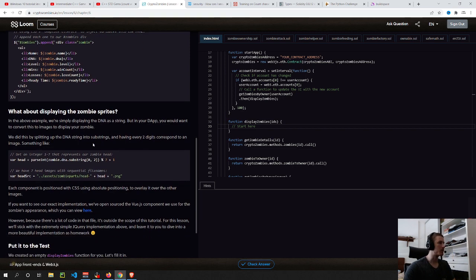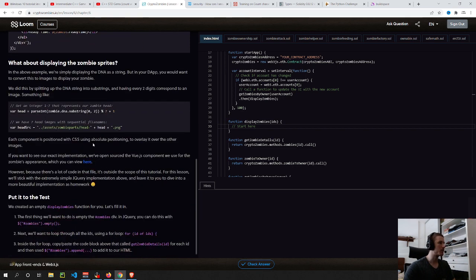What about displaying the zombie sprites? In the above example, we're simply displaying the DNA as a string, but in your dApp, you would want to convert this to images to display your zombie. We did this by splitting up the DNA string into substrings, and having every 2 digits correspond to an image, something like: